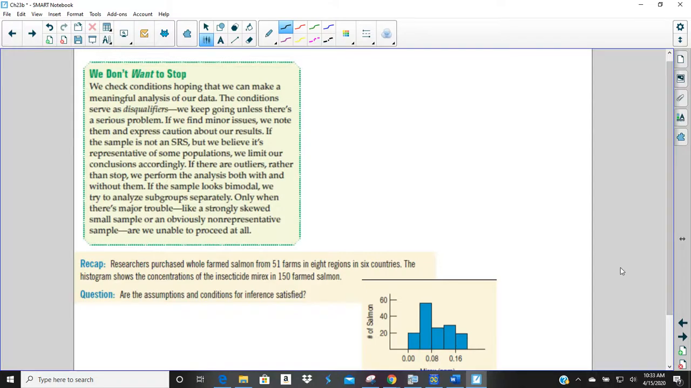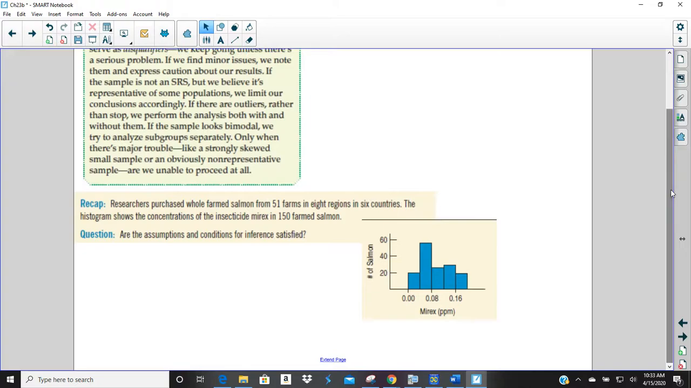So let's see here. We're still talking about the salmon farm like we did for yesterday. So those who didn't watch yesterday's, watch it, please. And then they want to know, are the assumptions and conditions for inference satisfied? So again, we're talking here about these decimals are not percentages. They are the parts per million of this carcinogen Murex that's in the salmon. So let's talk about this here. The salmon, they're talking about 51 farms, 8 regions, 6 countries. They're going to be independent of each other. The independent fish,